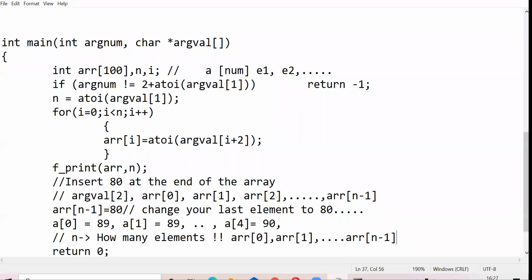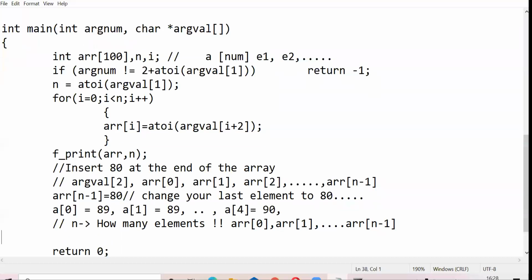Now I want to insert an element at the end, so definitely the size of your array will change. Till now I had n entries, so I had 5 people. Now I want to add a sixth person, so definitely I need to change this n. So n should now be n plus 1, right? Because I'm adding a student now.